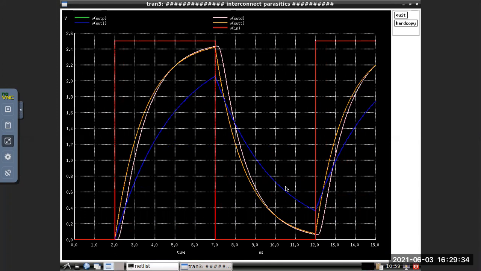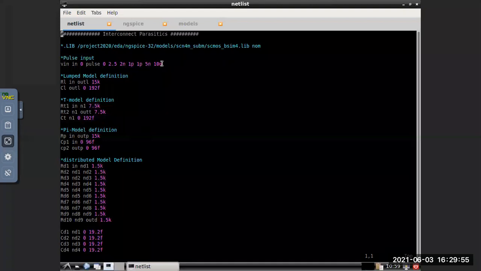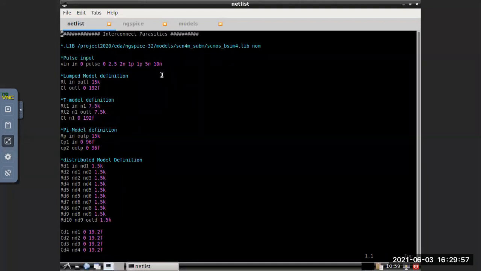If we reduce that frequency, the time period will increase, so there is enough time to charge to VDD, or discharge to ground. So for that we have to increase this pulse width or period. Whatever we have given, 10 nano, you can give 20 nano or 30 nano like that. So that will give the perfect curve.